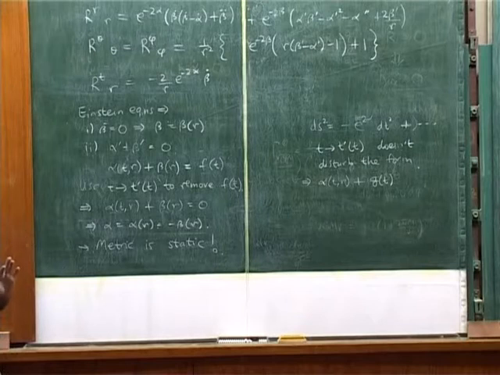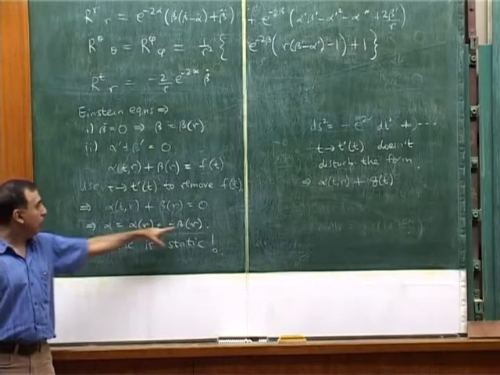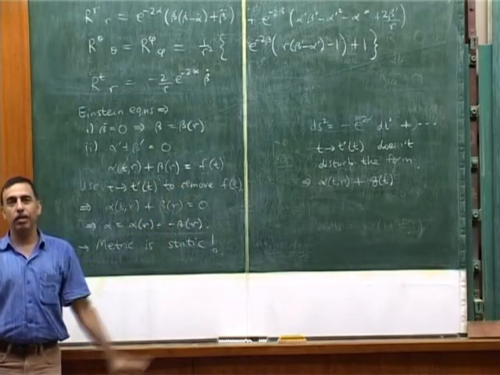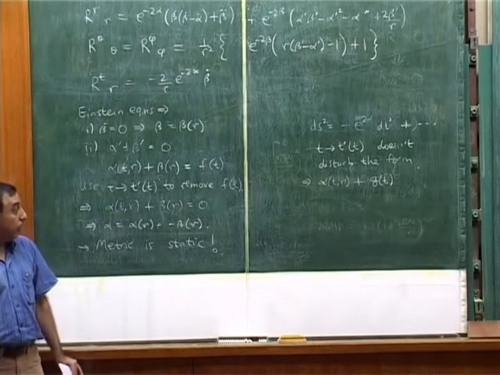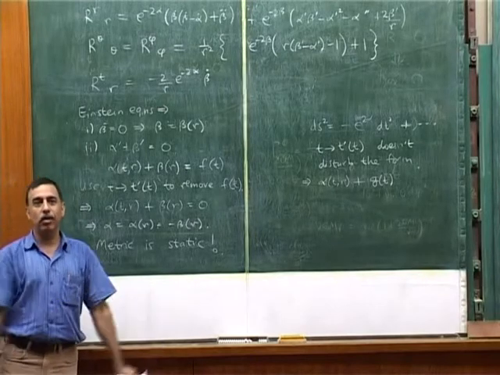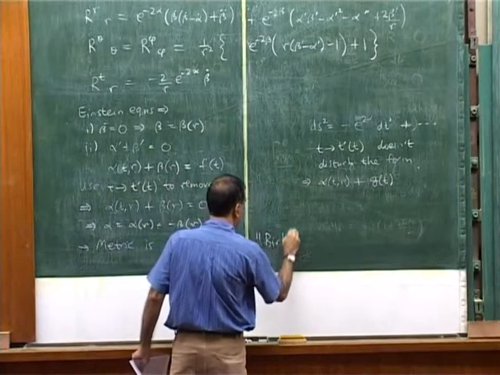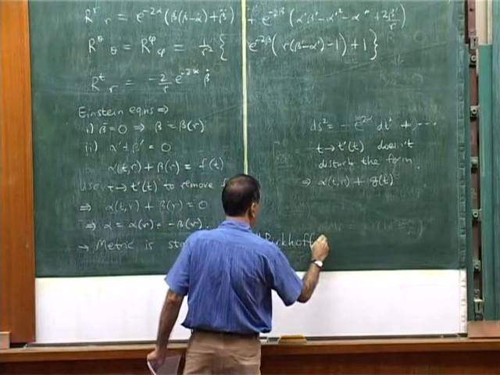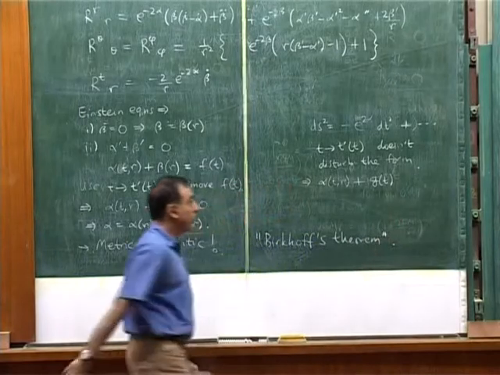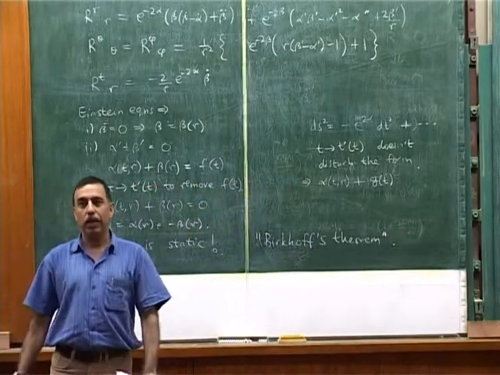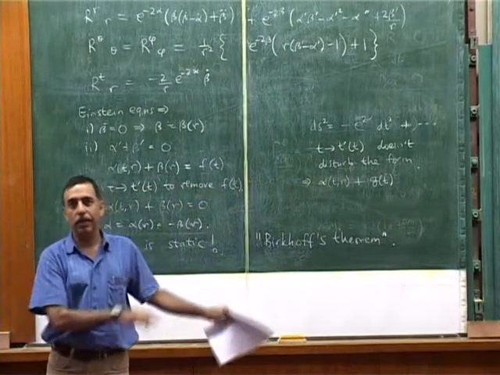Anyway, setting g0i equals 0 was not a clever achievement, but in that coordinate system where g0i is 0, alpha and beta are time independent, there is no other time dependence in the metric, therefore the metric is actually static. In this way, we have actually proved a side theorem which has an existence all its own called Birkhoff's theorem. Birkhoff's theorem says the most general spherically symmetric solution of Einstein's equation is always static. Now, I don't know if I'm saying it exactly right, but whatever the theorem says, that's what we have proved.